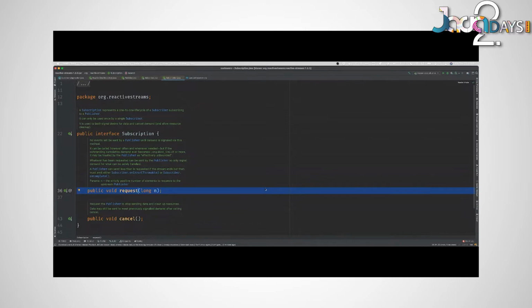If it says -1, then the publisher will give it everything it has as fast as it can. But it's important that if you say I request only 10 records, then the publisher will never give you more than 10 records. You might get 10 records, maybe 1 record a week, or maybe 1 record every nanosecond, right? You don't know. There's nothing in the specification there. Either way, the guarantee is that you won't be given more than you can handle, more than you have asked for, right? And if you're just tired of the data and you don't want to deal with it anymore, you can also cancel, right? You can say .cancel.